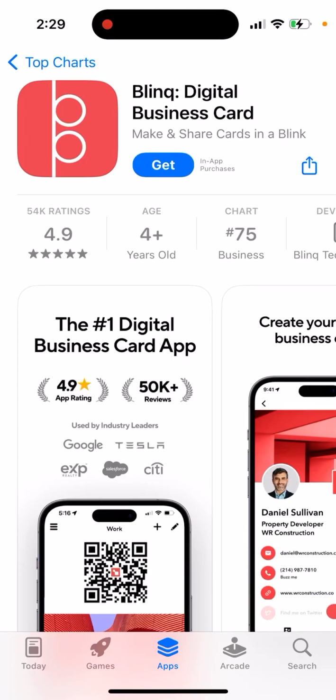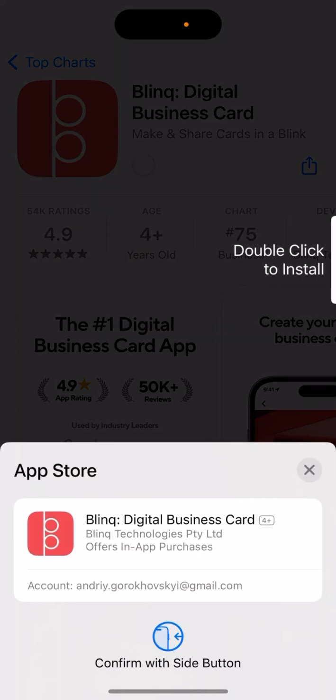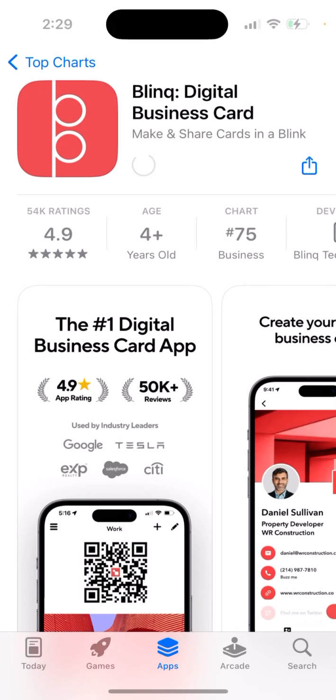So here's the Blinq app, a digital business card. You can just go and get it. Double click to install, and then you can just install it. Super convenient if you just go into some networking event, some conference, as you don't need